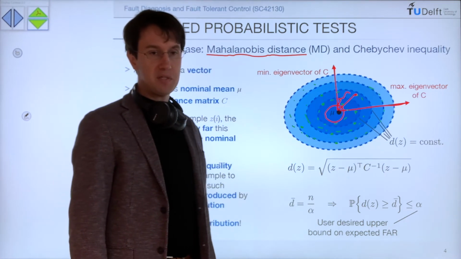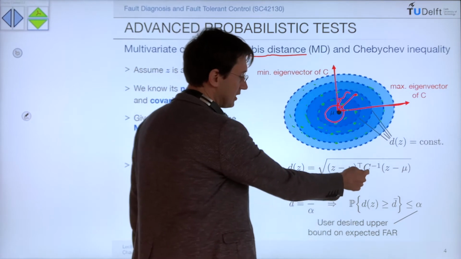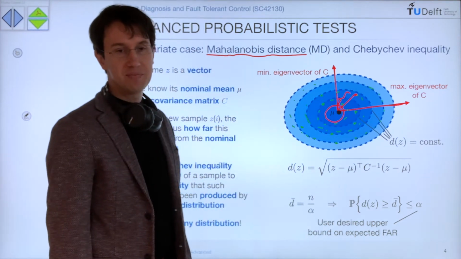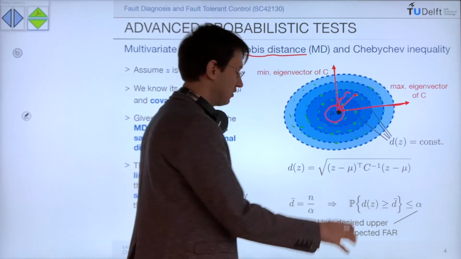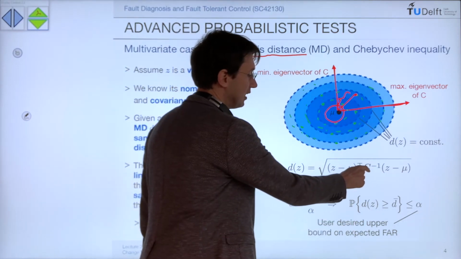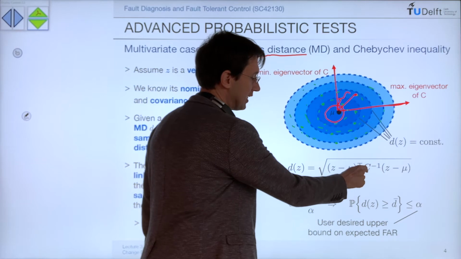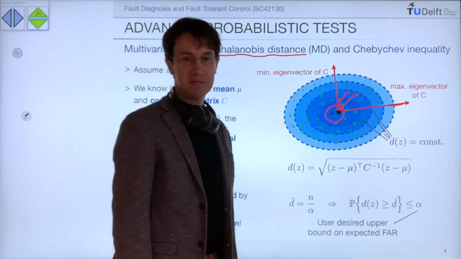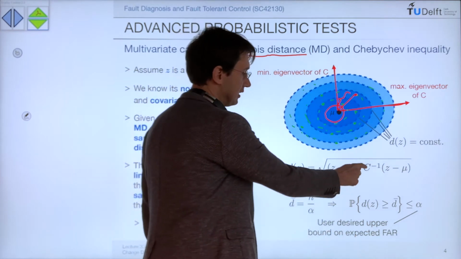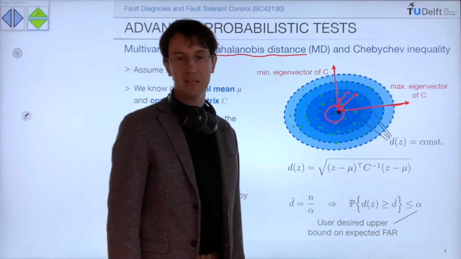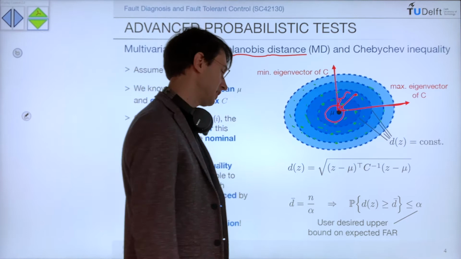In the Mahalanobis one, you normalize by the covariance. But as the covariance now is a matrix, what you end up is that you multiply here in the middle by the inverse of the matrix. The good thing, before you worry about it, is that you always have the inverse here, because C is positive definite,